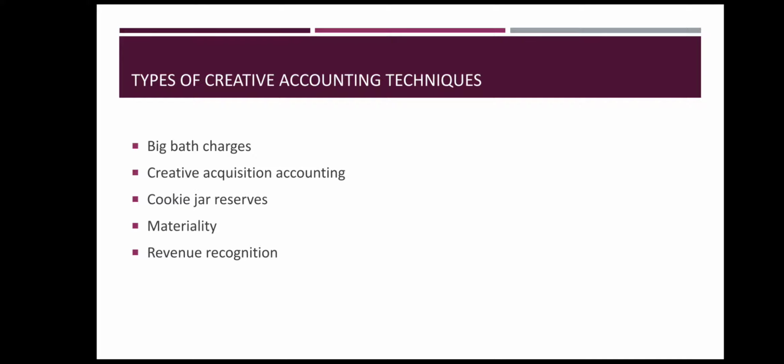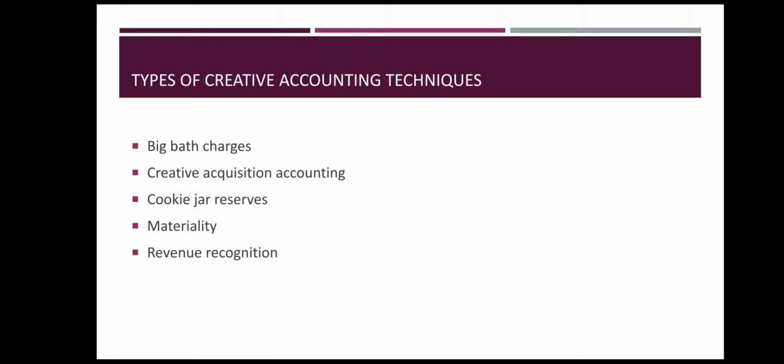So this is another way of doing creative accounting, that is showing a larger portion of the acquisition price as still in process. Still you have not made the payment, still you have not acquired the asset. Now nobody is going to come and check in your company whether you have acquired or not acquired. So you can show acquisition is in process, and for that you are spending so much money, and you can keep this money aside for some other purpose. So this is also a technique which is used by companies to show a better picture in the books of accounts.